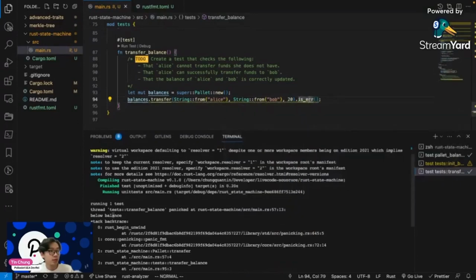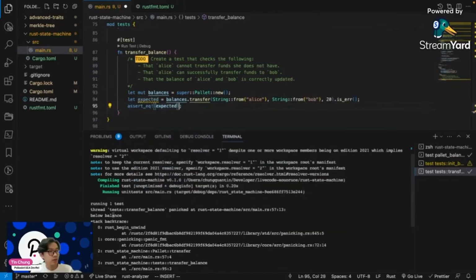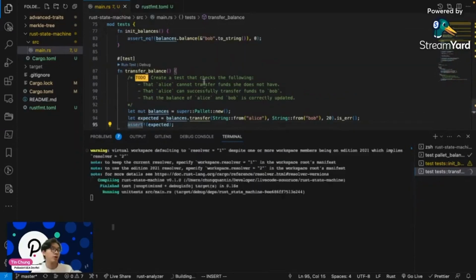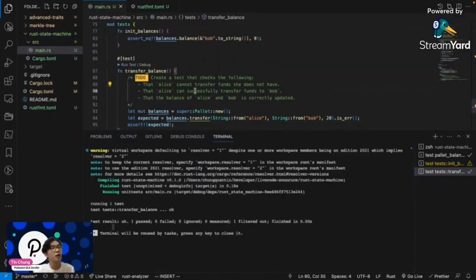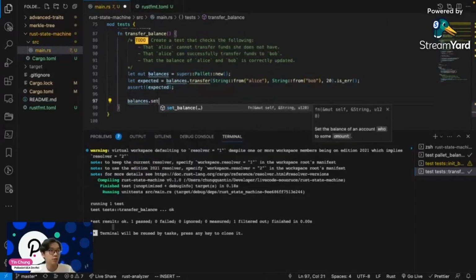So this is gonna be, so we do expected, and then we answer expected to be 2. Then we run, then we finish. So Alice can just successfully transfer fund to Bob. So that means we have to set the balance of